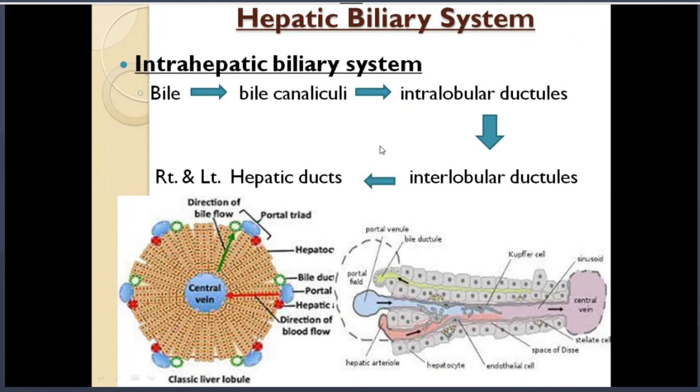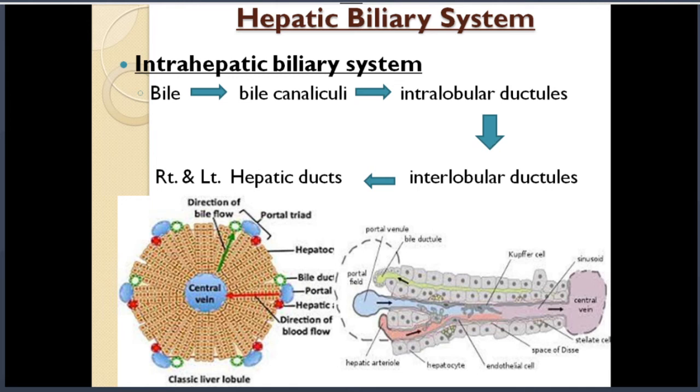Then we have the hepatic biliary system, the bile duct system, through which the bile secreted from the hepatocytes goes finally into the duodenum. We have an intrahepatic biliary system and an extrahepatic biliary system. Intrahepatic means that which is confined to the liver itself. So the bile is secreted from the hepatocytes. It goes into the bile canaliculi between the hepatocytes, drains out into intralobular